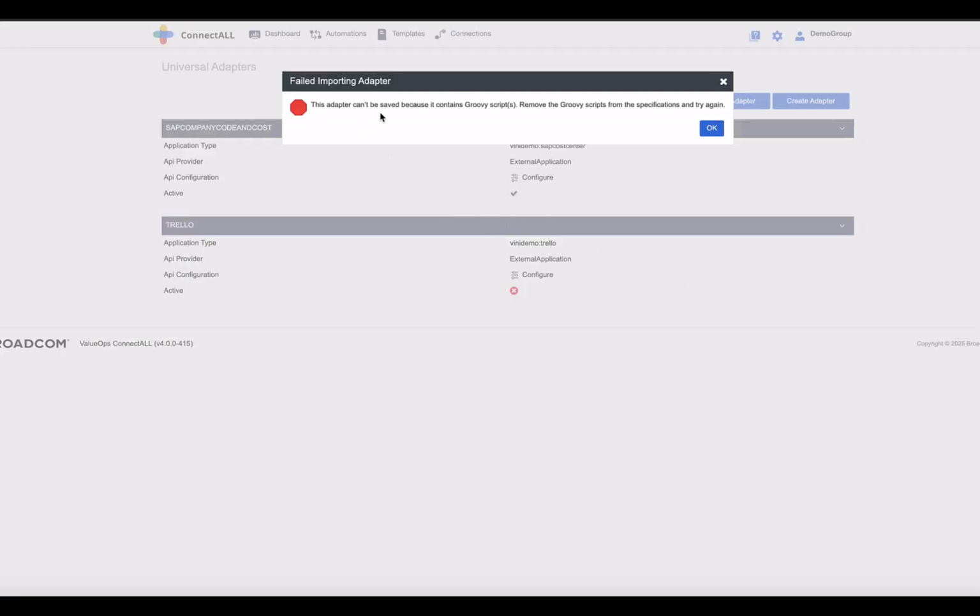So it will say that you cannot save because it contains a Groovy script. If at all you have to use this, you have to go in, remove the Groovy scripts, and only then you will be able to upload it into the group admin instance.